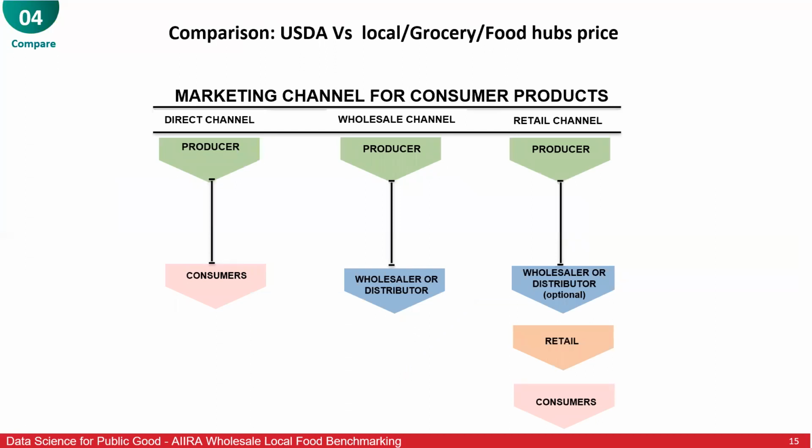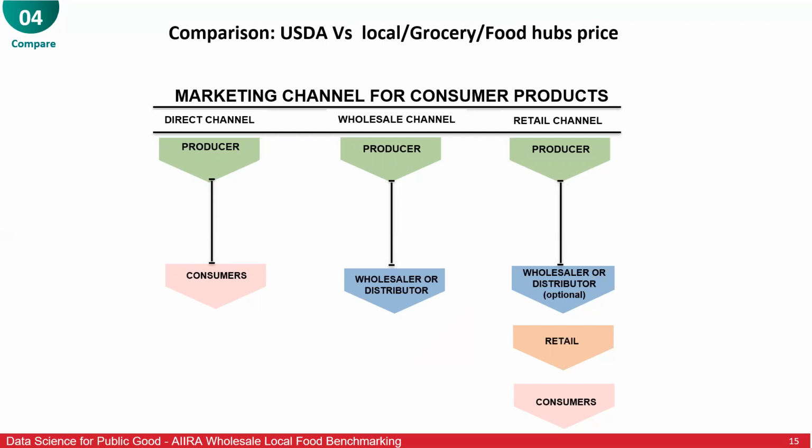Okay, so now that we have our commodities and we have our raw data, how do we compare the prices from multiple sources, since we got these from multiple sources? So we decided the best way to do this was to divide them into different channels. In the first channel, we have the direct-to-consumer channel, which is just producer to consumer. An example of this would be the Ames Farmers Market. The next channel we have is the wholesale channel. It's producer going to a wholesaler or a distributor. An example of this would be a producer selling to Sysco or ISU Dining.